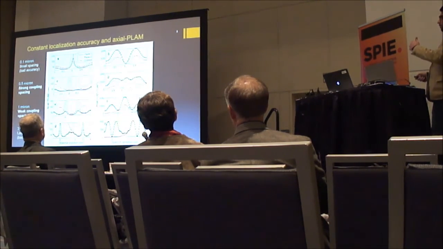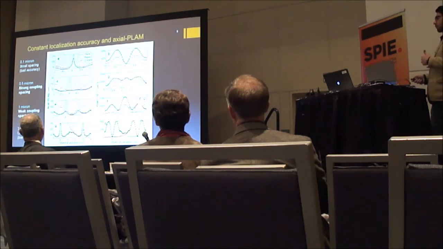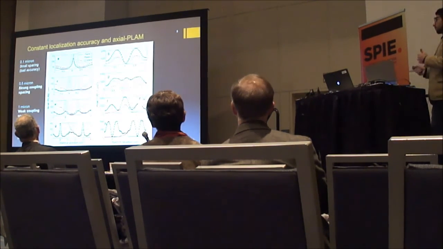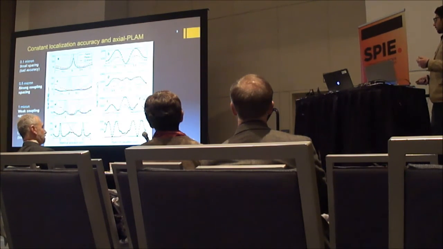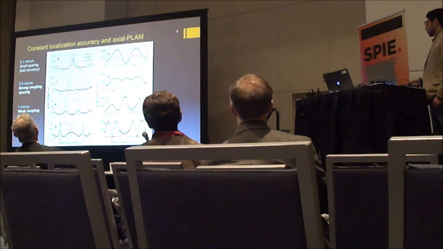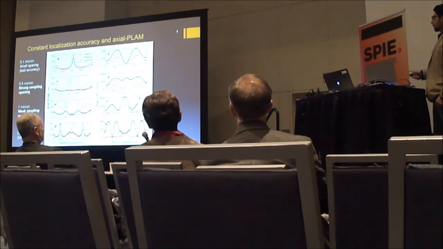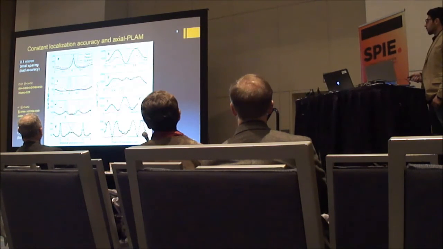Because from this point onwards, if we increase the plane spacing further, we end up with very bad results. For example, for 3 microns, we have very large peaks here and here. So the depth discrimination problem is back, and the reason is that if you look at this curve, the film of the second plane, the contribution of that is minimal on the 0 of the film of the first plane. So overall, a small plane spacing and a large plane spacing are not desired because we don't get localization accuracy. And the good ones are the strong coupling spacing and the weak coupling spacing scenarios.